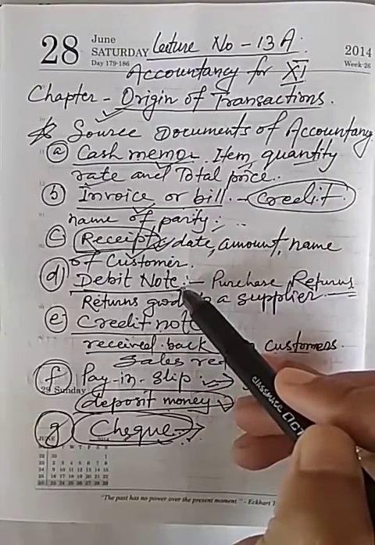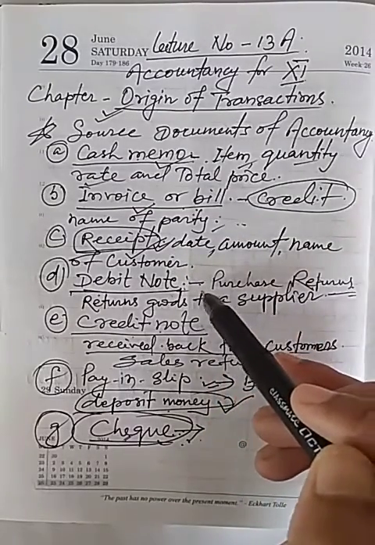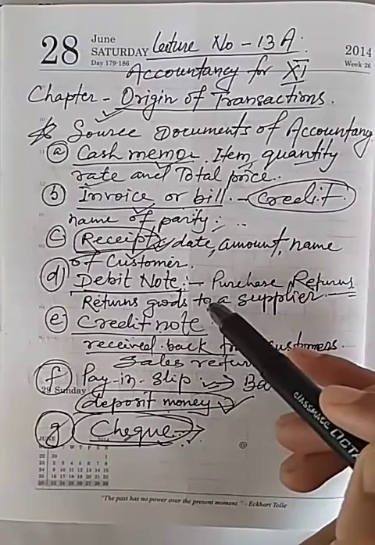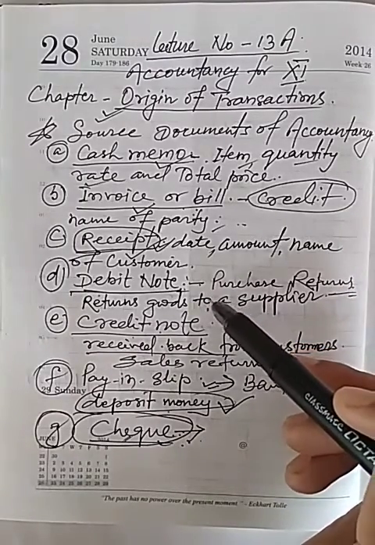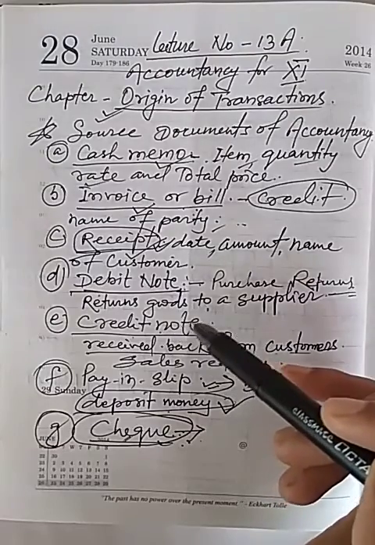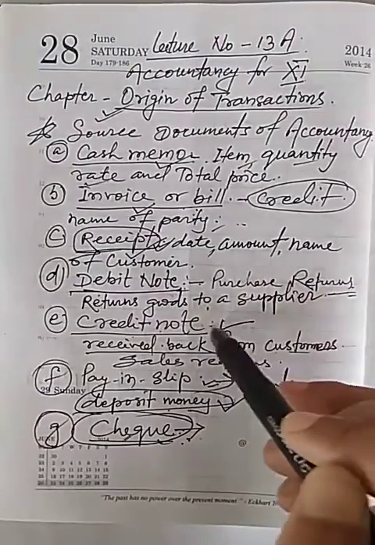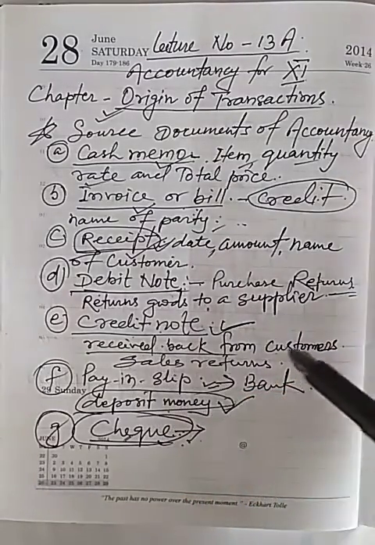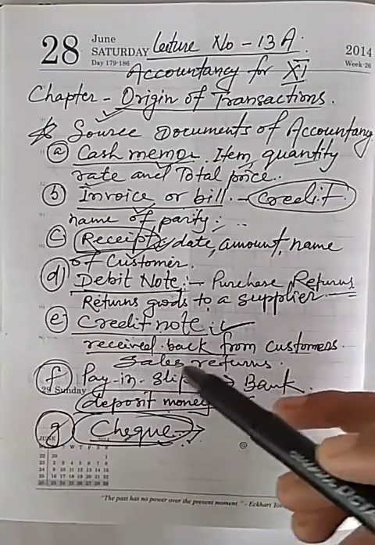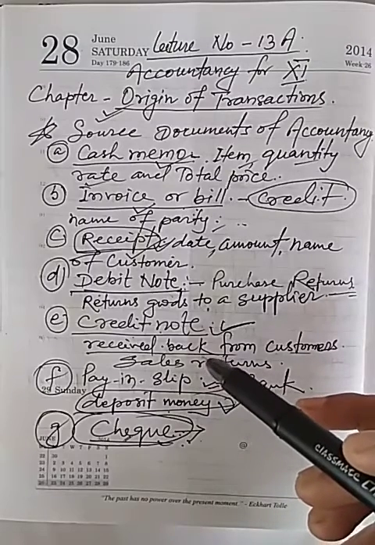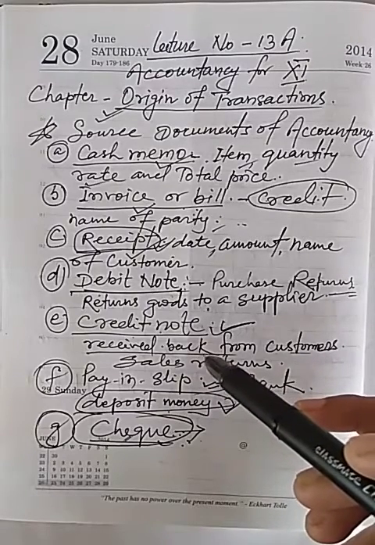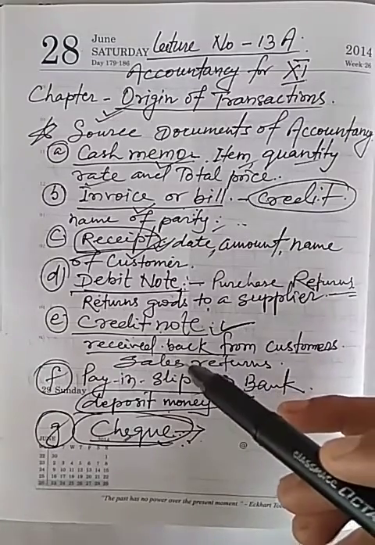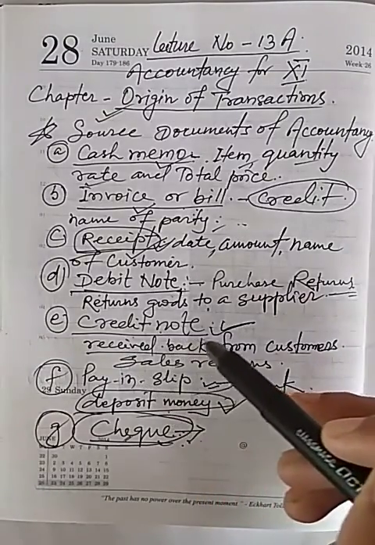Debit note is prepared for purchase return, that means when we return goods to supplier. And credit note is prepared for goods received back from customer. That means sales return: when we sold goods to customer and the customer returns the goods back, then we will prepare